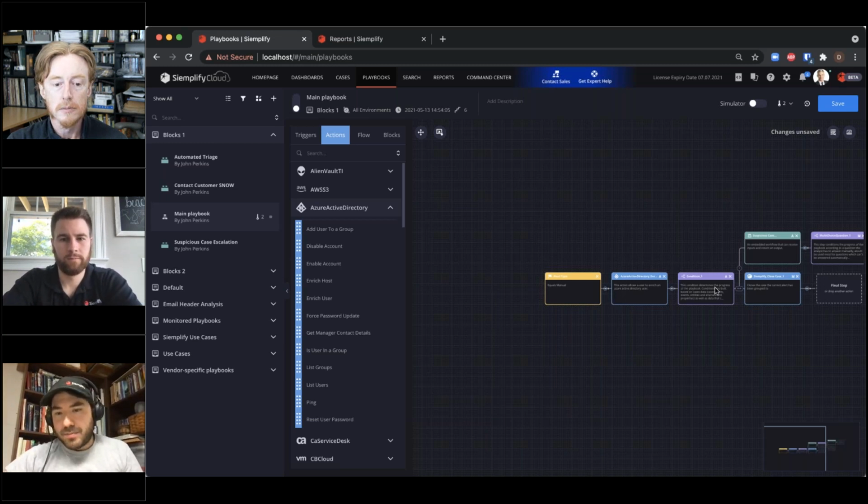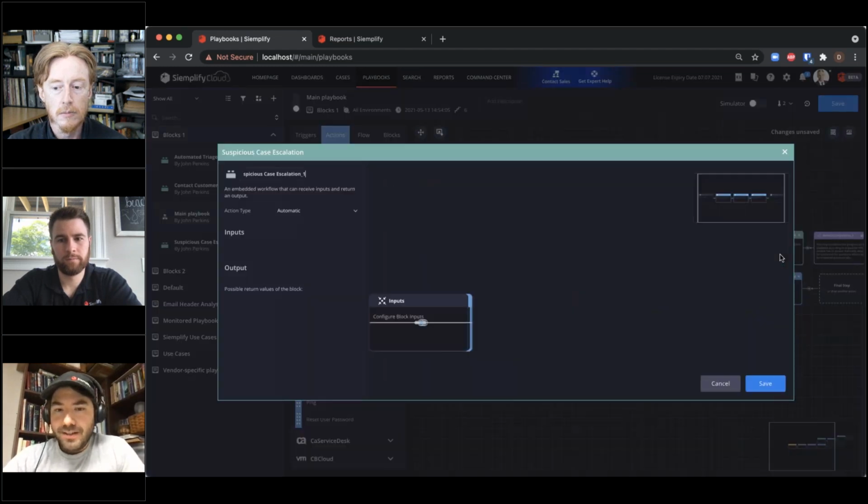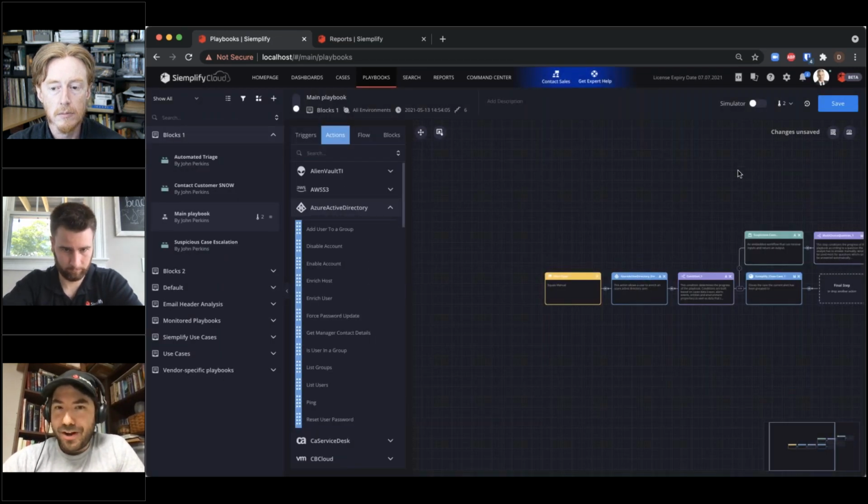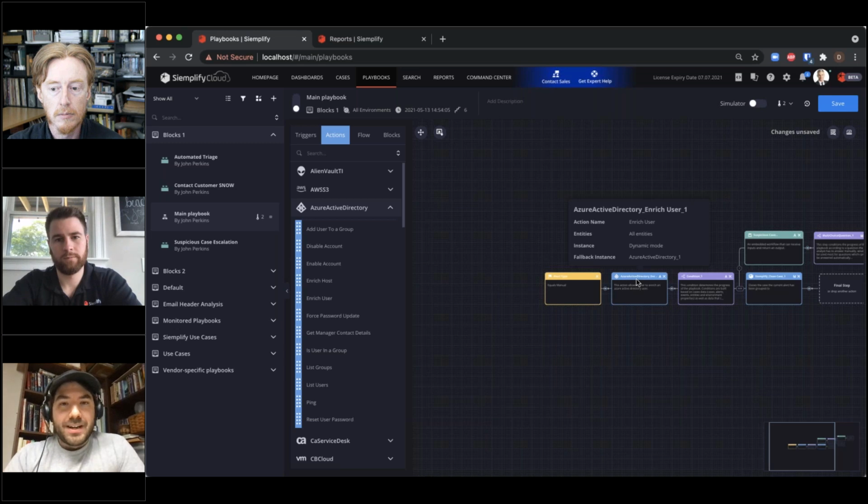I can start to customize my conditional statements and the actions I'm taking. I can create my own blocks, which are, in essence, sub-playbooks, or playbooks that include a series of actions. I can do all of this within our playbook designer, and then say, I really want to test this before I put this into production. Well, I can click on that simulate button here and watch that playbook run on maybe a test case that